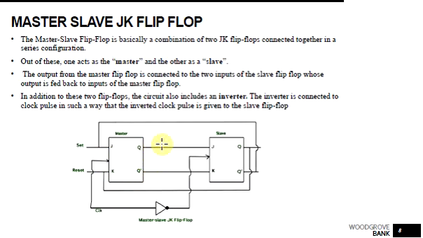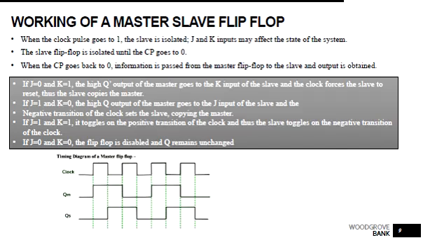That means whatever the output was here remains there, and it will be fed into the slave. So the output now will be according to the previous states. So the slave will follow the master. That's the name. The slave always follows the output of the master when there is a negative triggered pulse. When the clock is high, the master is operational, and when the clock is low, the slave is operational. The output changes once in a clock cycle.